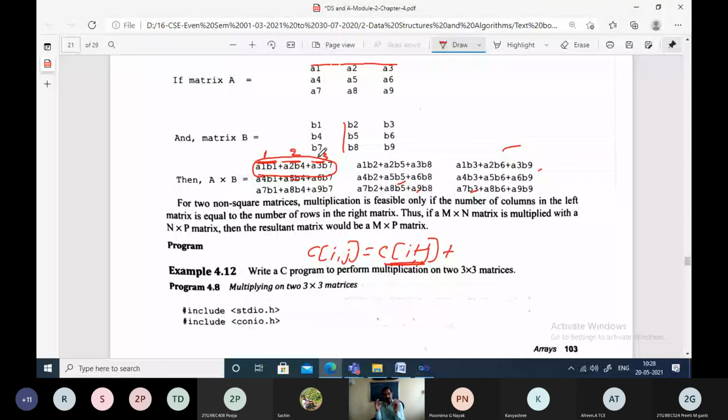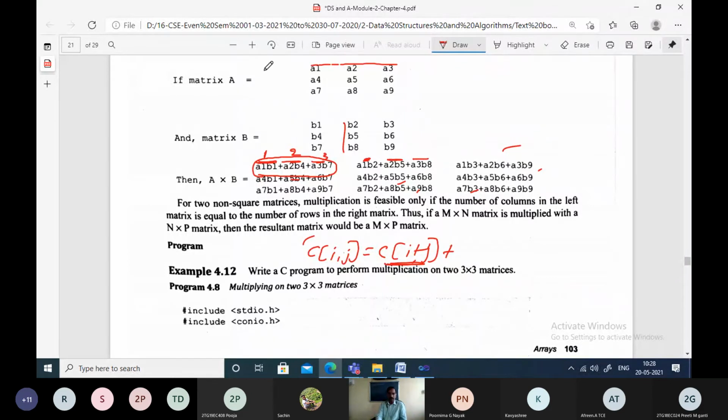Sum of all those three smaller components, we are getting the value for the first element. Similarly, this also involves three components: intermediate result 1, intermediate result 2, intermediate result 3. Sum of all those three will get the resultant value. That's why we need another for loop.